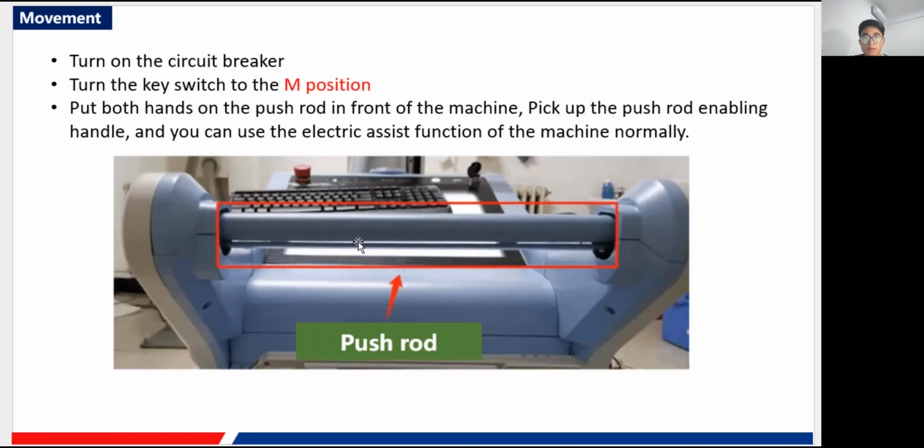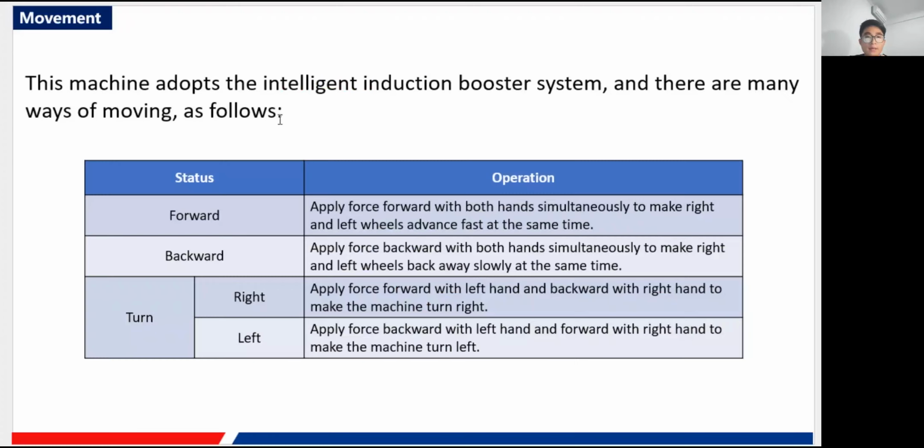this part just behind it. You pick this up, and you may use the electric assist function of the machine. There are different states of the movement here. I've listed them out, starting with the forward state, and here is the operation